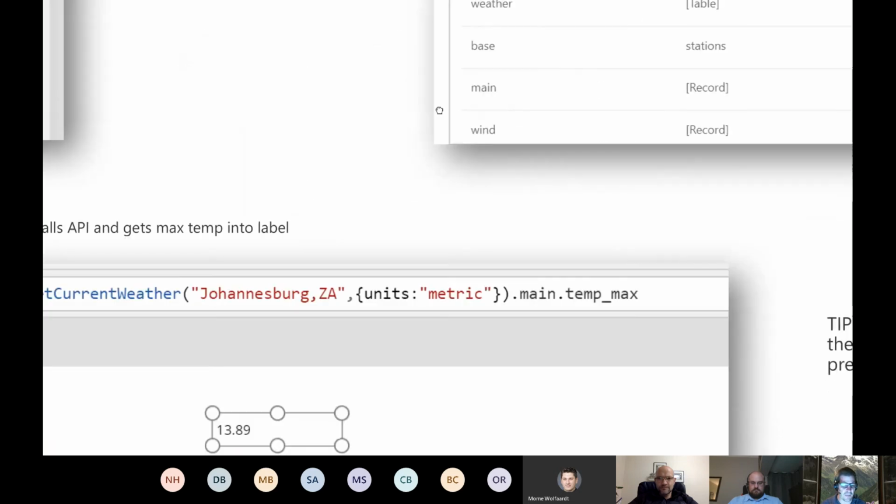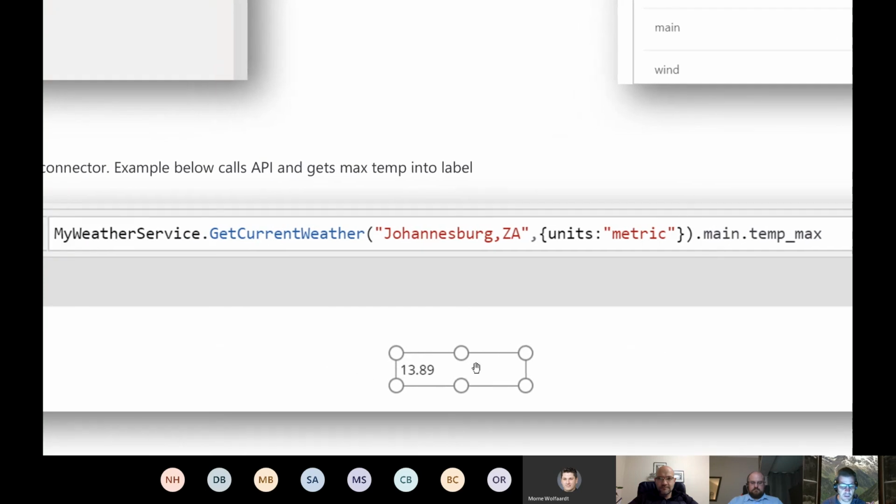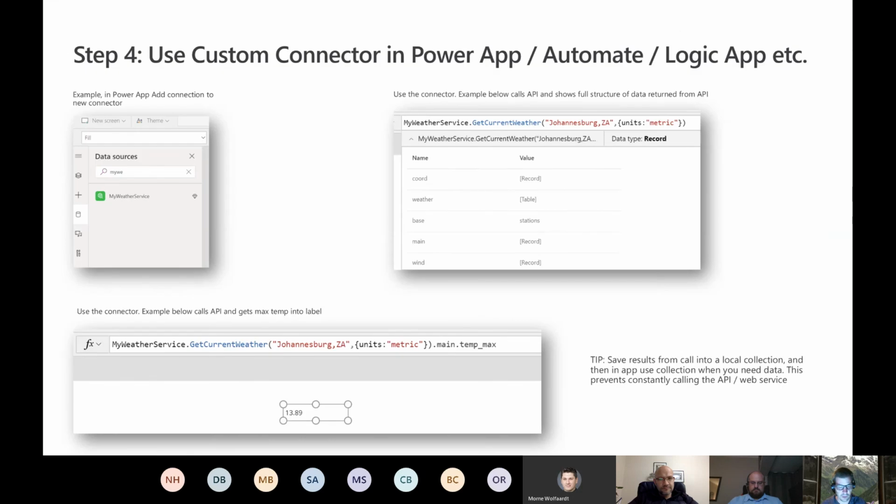And this API supports lots of different things. So I can also get the maximum temperature that it's going to be. So there it's coming back as the maximum temperature. So this just little sample shows how I can, from Power Apps, connect via Azure API Manager as that proxy, that thing in the middle, which then can connect to an on-premises API or actually any third-party API, and then I can consume that from my Power App. So that's a cookbook that's got quite a lot to it.